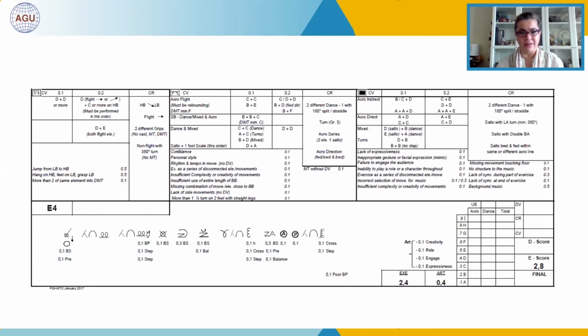And then the third acrobatic band, double twist, we have 0.1 for height, 0.1 for crossed legs, 0.1 for the step, and then Johnson, 0.3 for body shape, 0.1 for precision, 0.1 for balance, and we got here also another 0.1 for adjustment, as you can see letter A in the circle, and 0.1 for the pause,